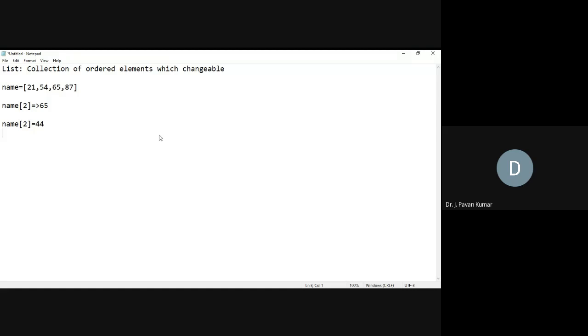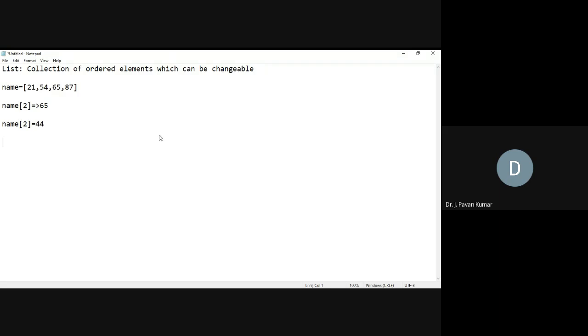So a collection of ordered elements which can be changed, that we call a list. Several properties related to list we have seen in the last class. We can access by using the index directly. We can also access a particular range.